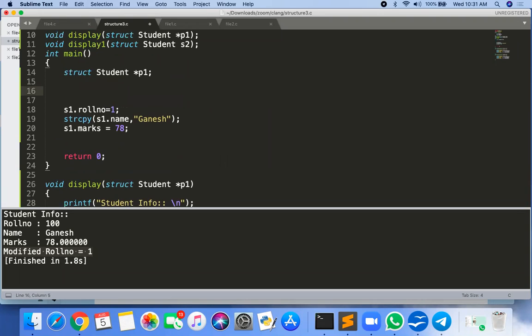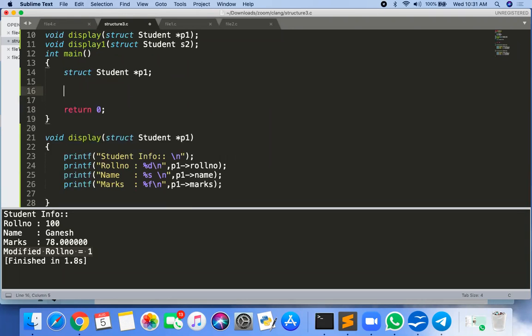S1 has been created before, but what is the storage of that S1? Where does S1 get created? It is created in stack memory. Why stack memory? Because it is created in the main function. But I don't want to store S1 in stack memory. I want to store it in heap memory.